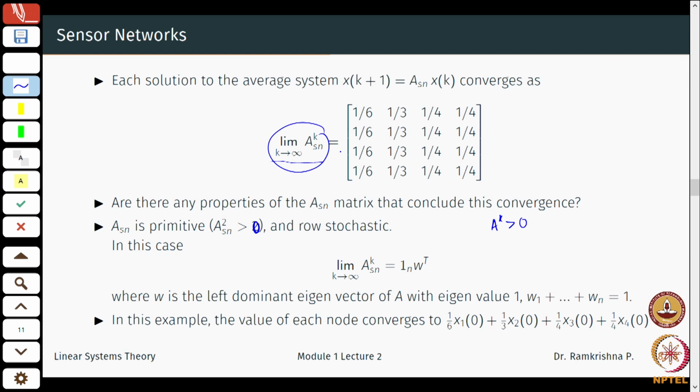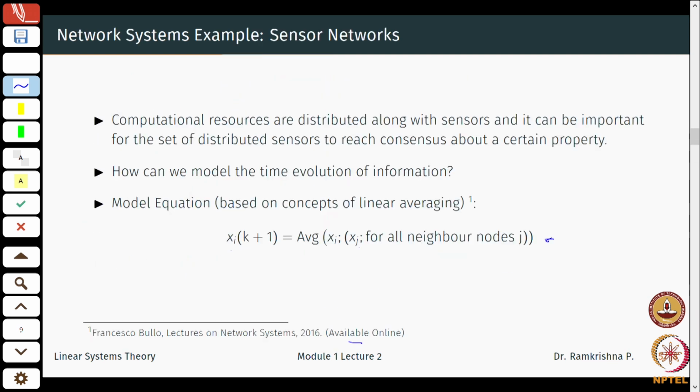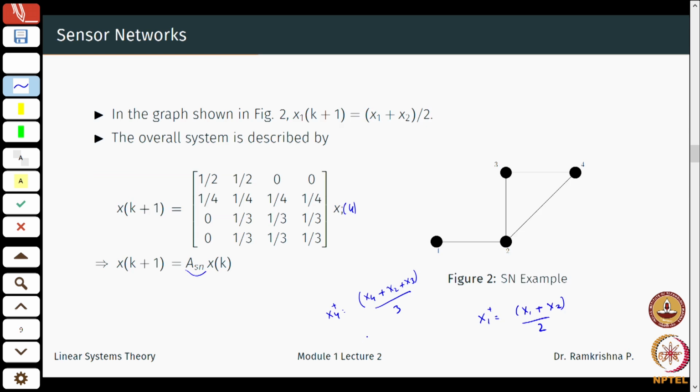We are not just interested in writing x dot equals Ax. There is much more to that than just rewriting a transfer function into a state space. Okay. So, in this case there is a nice theorem, which is an extension of the Perron-Frobenius theorem. It is all beautifully explained in this book if you are interested in the details.